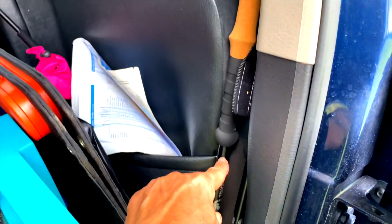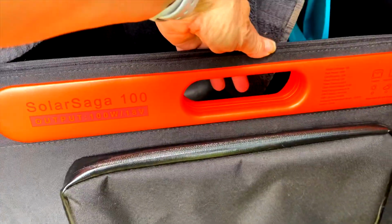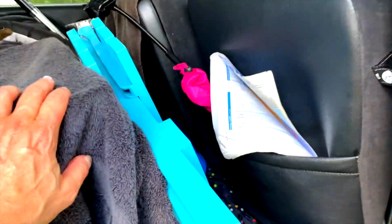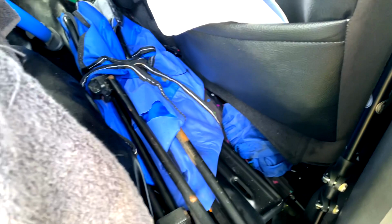So of course I have to bring my hiking poles with me, and then I also have to bring this for my Jackery, this is the solar panel for my Jackery, so I definitely have to bring this with me. But I'm ready to downsize today, and I'm going to show you what I do, because this little table I'm not bringing anymore. And then I've got this bulky chair that I'm also not bringing on the road anymore,